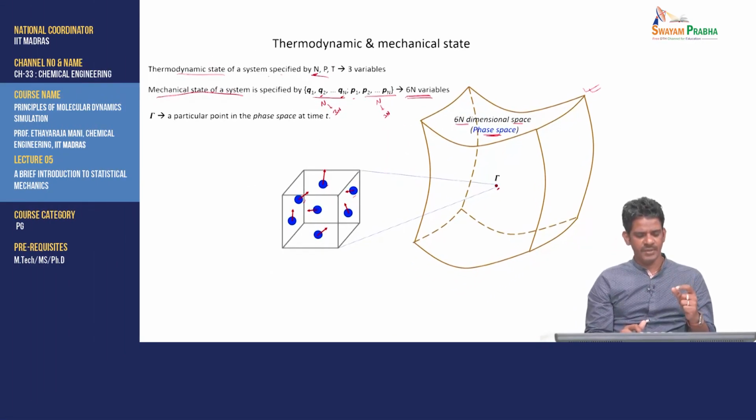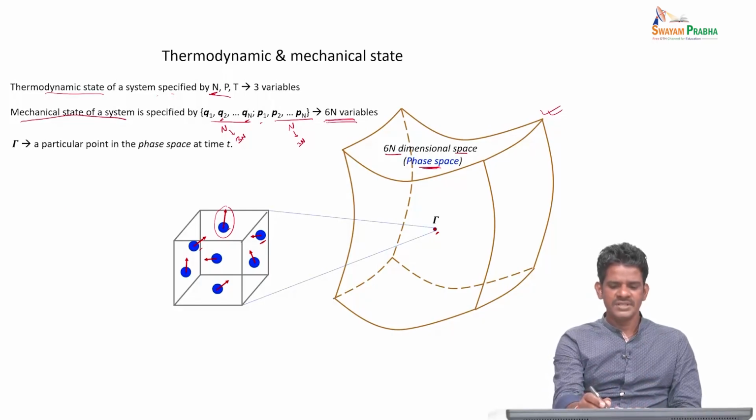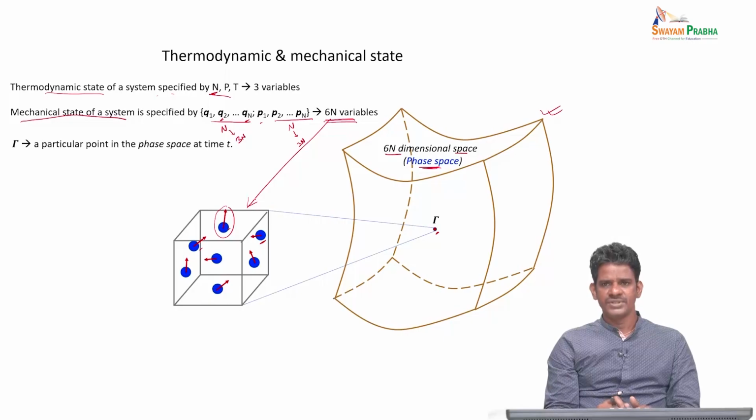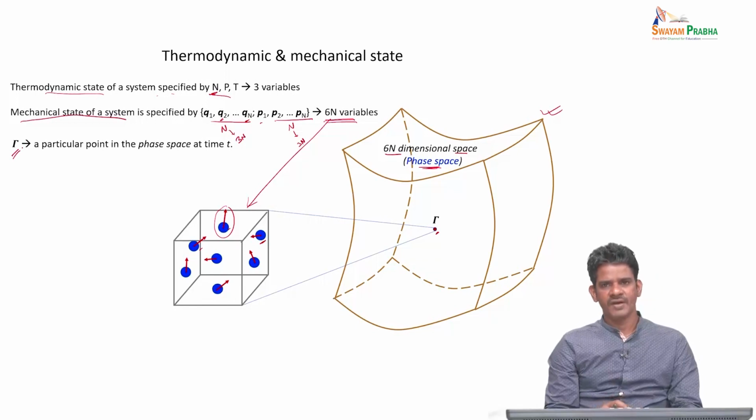The shorter the arrow, the less its momentum, that means its velocity is less. Whereas when the arrow is long, this particular particle is moving much faster than, let's say, this particle. And the directions tell which way they are moving at that particular instant of time. So any point in the phase space is a complete description of the entire system. When I say complete description, I'm talking about 6N variables covering the positions and momenta of all the particles. Mathematically, we use gamma as a variable that denotes a particular point in phase space, which is a representation of the mechanical state of the system.